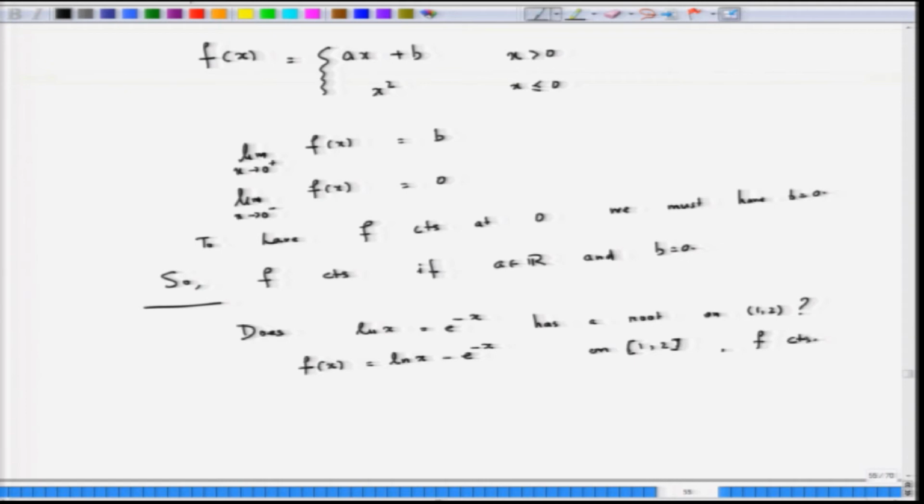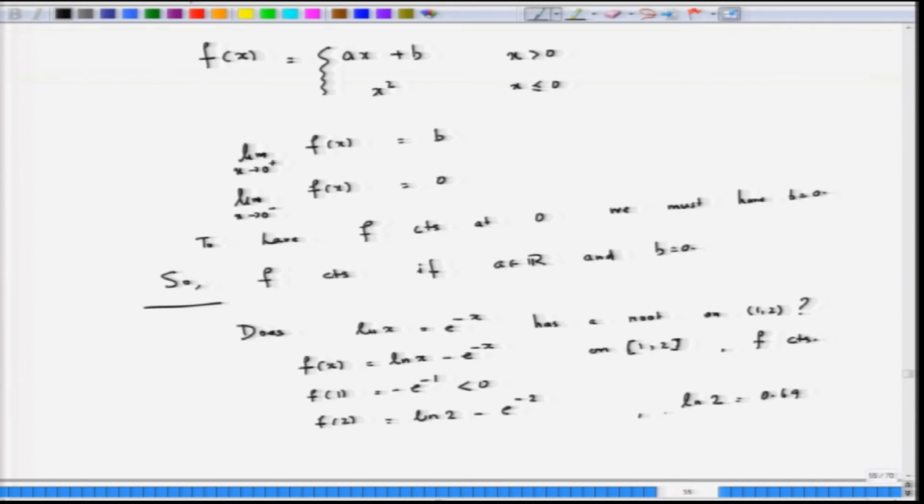So, we have satisfied the condition of the theorem of intermediate value property. So, now let us look at f of 1. This is equal to ln 1, which is 0, minus e to the power minus 1, which is negative. Now, let us look at f of 2, which is equal to ln 2 minus e to the power minus 2. Now, ln 2 is approximately